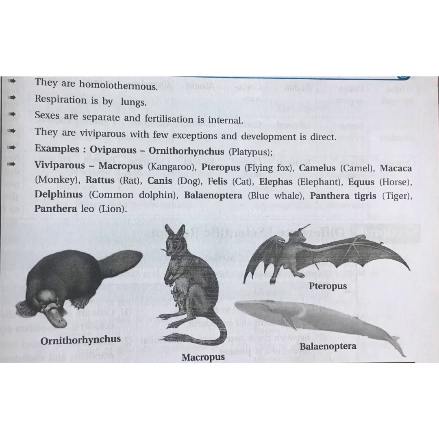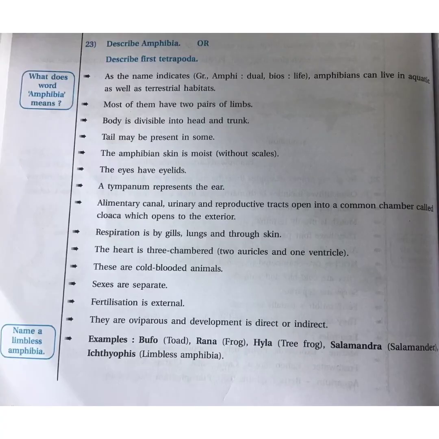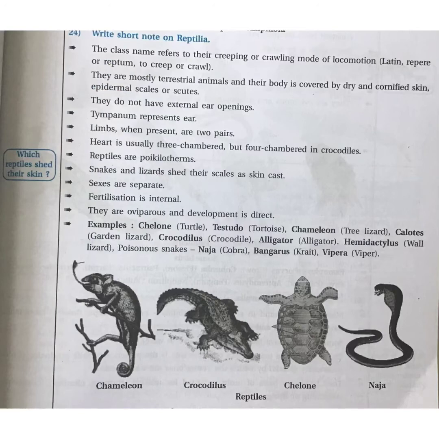So students, as usual I have shown you how to write point wise for each and every class, starting with mammalia I have shown you firstly, then amphibia. In this way all the point wise, all the important points about the limbs, about the body divided into head and trunk, then presence or absence of tail. So all these features you have to highlight, you have to write down point wise in the exam also. And special features I am telling you along with the description as well as their examples, like toad, frog, tree frog. So in this way all examples are also important.